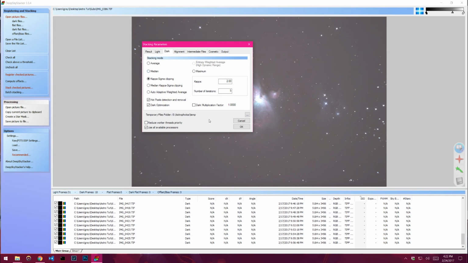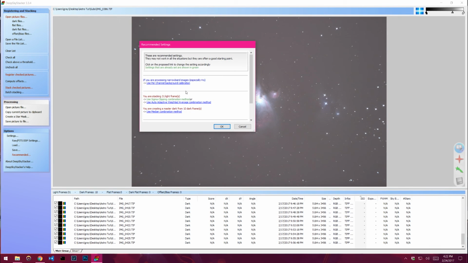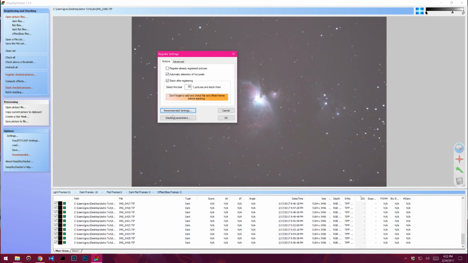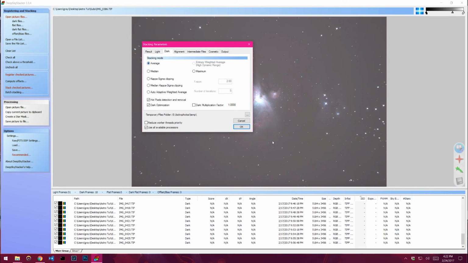For these darks, we only have 10, and so I think we'll just leave it on Kappa Sigma clipping for this. Let's actually see, what does it recommend here? Yeah, so I think since there's so few dark frames, I'm actually just going to go to an average. Normally you want to do more dark frames than just 10. Go to something like 30 or more, and you'll get a better result out of your dark frames. Alignment automatic is fine. We talked about intermediate files, so we're going to check create registered calibrated file for each